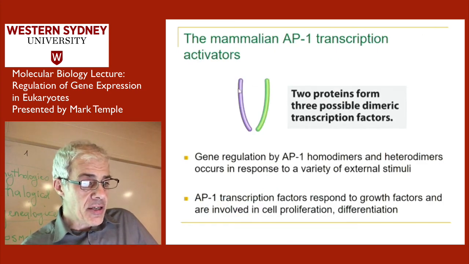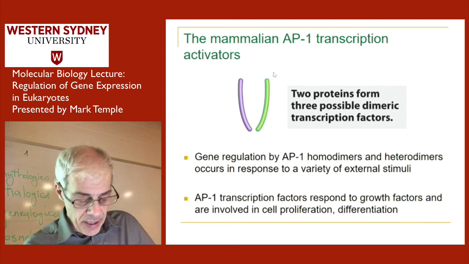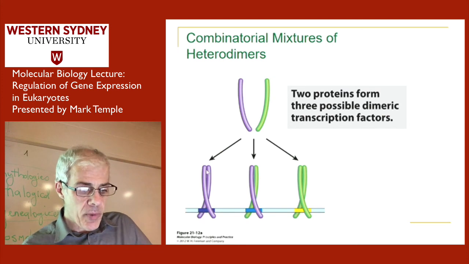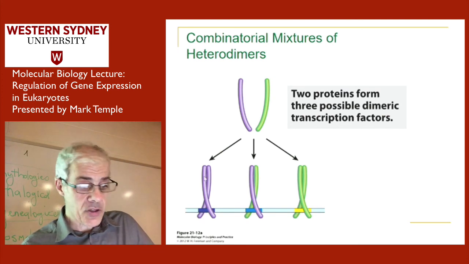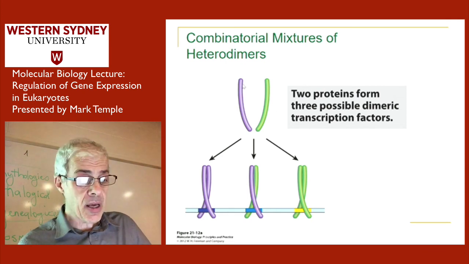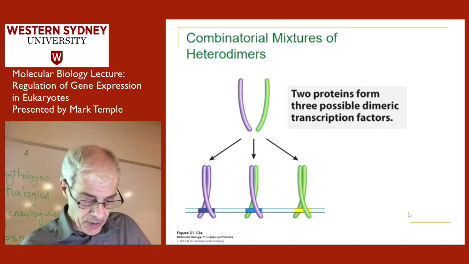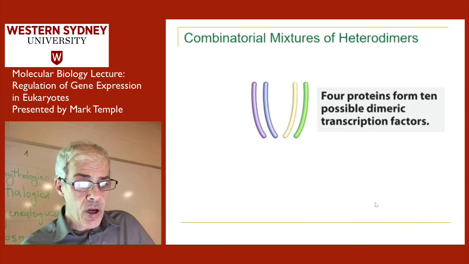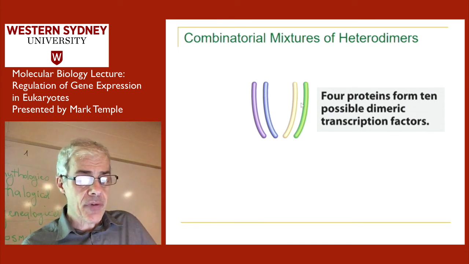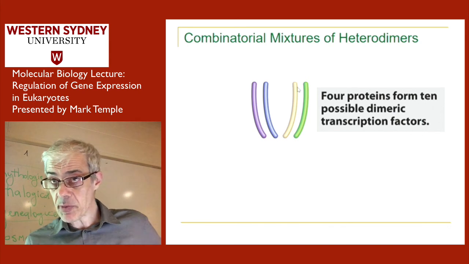So here are the two components that make up the AP1 transcription factor, okay? And because there are two different components, you can get homodimers of either one or a heterodimer. So from these two independent halves of the transcription factor, you can make 3 different transcription factors. Okay? So if there's a family of these proteins, and we're showing 4 here, then effectively from these 4 gene products, we can get 10 transcription factors.